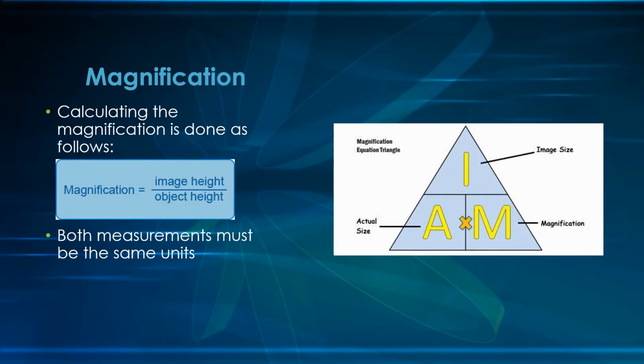You may be required to calculate the magnification of an object by the lens, and you do this by dividing the image height here by the height of the actual object itself. That will give you the magnification. Now, what is important is that you make sure that the units you use for both these things are the same. So for example, they may both need to be in meters,